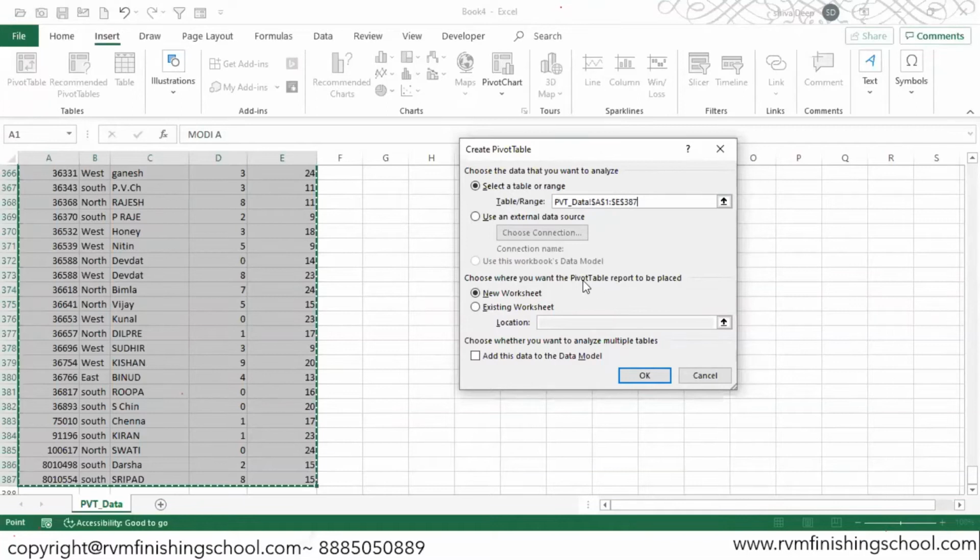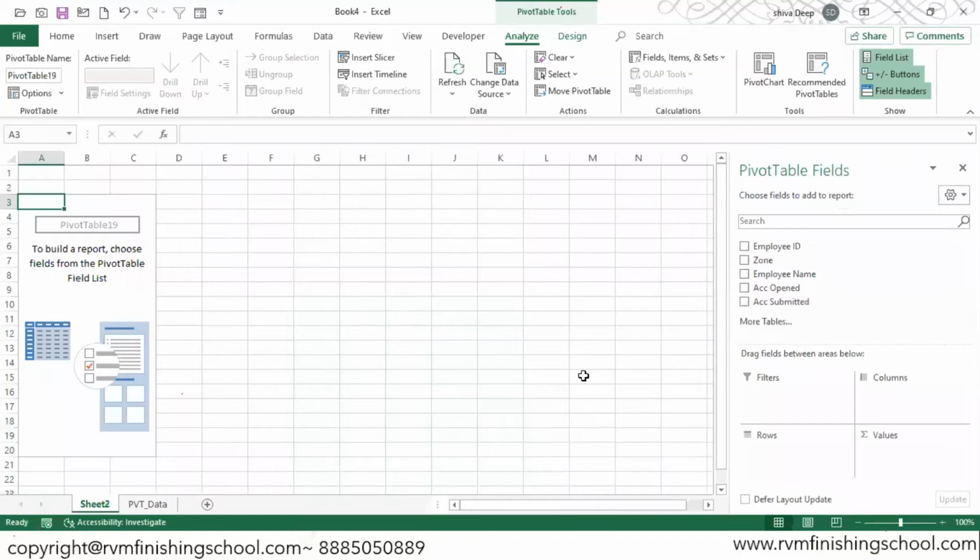On the place where you want the pivot table report, let's say we'll go to a new workbook. The data is small, you can put it here also, but I'll go to a new workbook and say okay. When you click new workbook, you will have a pivot field area, this area. When you are inside, the pivot fields box opens.